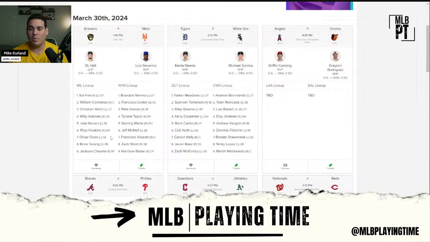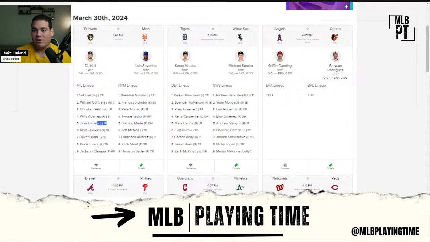Dunn did have a little bit of a splash in spring. I don't remember if he ended up finishing well, but I do remember his name kind of flashing early on. With that being said, I think Dunn is going to get the first shot against righties, as it appears. I don't think Ortiz is necessarily in a full-time strict platoon, but I do anticipate a platoon of sorts, more of a part-time role. We updated the projection on the site. We, as in me, updated the projection on the site to reflect this.